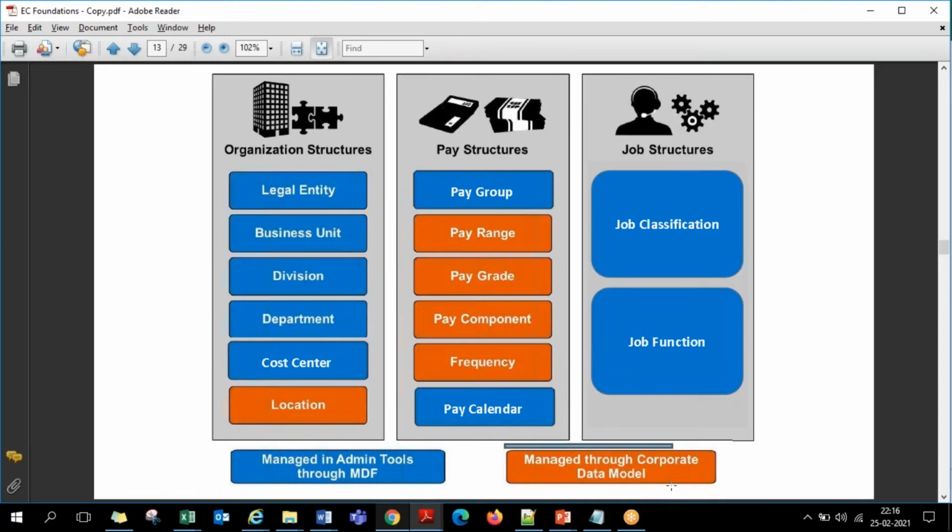You can completely revise this and get used to the terminologies and navigations, so that going further from Monday, when we start the actual configurations of EC, like the EC core organizational structure of a company, any custom portlets, workflows, calculations, validations, business rules, lots of things we'll be working on down the line. Once you are clean with these navigations and terminologies, it makes it very easy for the further topics.